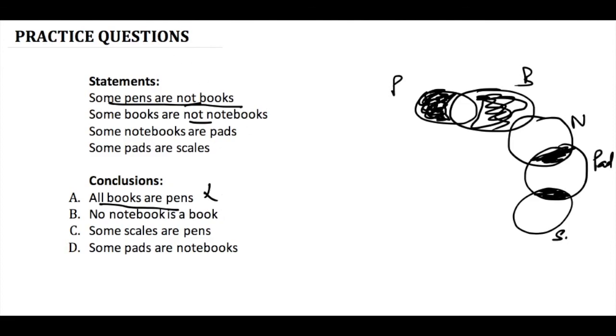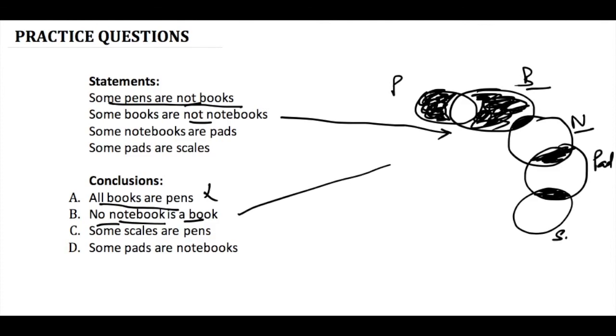अब हम सेकेंड स्टेटमेंट, सेकेंड कंक्लूजन लेते हैं। नो नोटबुक इज़ अ बुक, नोटबुक ये है और बुक ये है। हम यहाँ पे दिखा चुके हैं कि कुछ नोटबुक्स हैं यहाँ पे जो बुक्स हो सकती हैं, हमने यहाँ पे दिखाया कि सम बुक्स आर नॉट नोटबुक्स, ये भी हमने प्रूव किया यहाँ पे इस डायग्राम को बनाकर, लेकिन इसी डायग्राम में हमने ये भी दिखा दिया कि सम बुक्स आर नोटबुक्स, इसलिए नो नोटबुक इज़ अ बुक जो है हमने वो गलत प्रूव कर दिया इस डायग्राम के थ्रू।